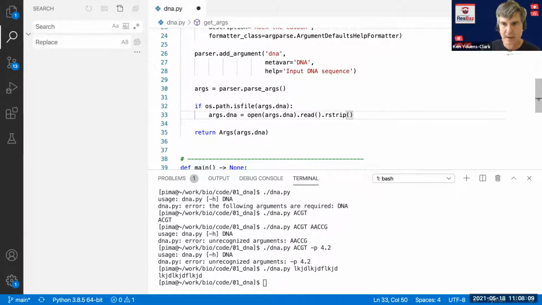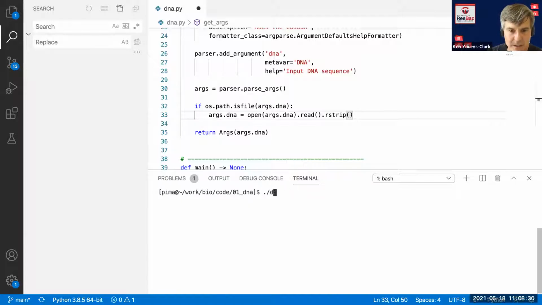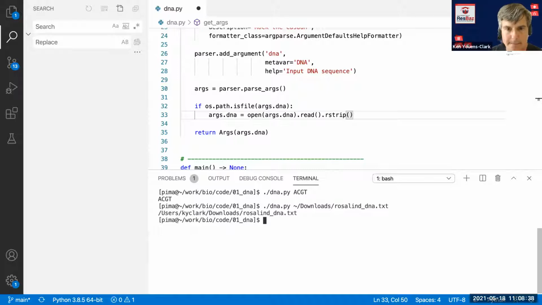Python has a way of allowing you to do this because it's going to evaluate what's on the right-hand side of the equal sign, and once that's okay, it's then going to assign that to the left-hand side. So it's kind of weird that you can do this. Some languages wouldn't allow you to, but Python is fine to do this. And in doing that, now I can run DNA with something like that, or I can run it with the file that I just downloaded.